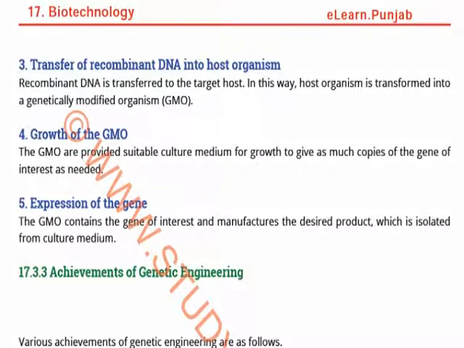How do you transfer it? Recombinant DNA is transferred to the host. In this way, the host is transformed into a genetically modified organism. That is, we have to plant the vector inside the host organism. The GMO are provided suitable culture